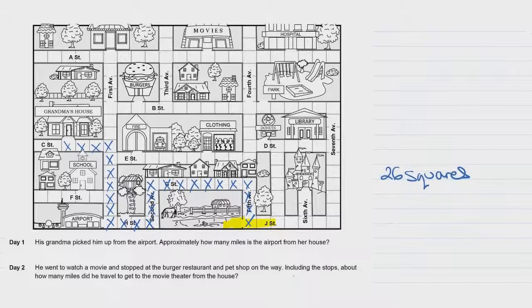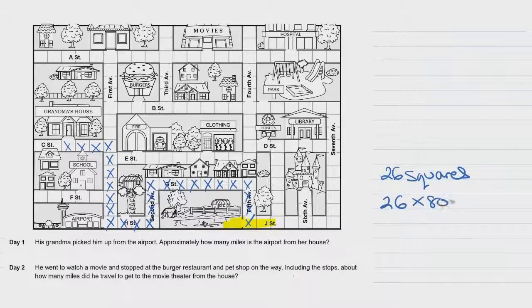And remember, if you didn't go this way, instead you want to go down E Street, that's perfectly fine, but you'll probably get a different answer, and then you just have to calculate a little different. Just don't go crazy and go all around town, because if you do, you're wasting your time because you're giving yourself more work. So I take this 26 squares, and we already know that each square equals 800 feet, so